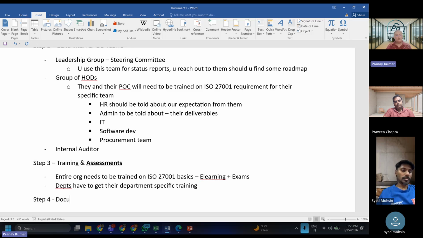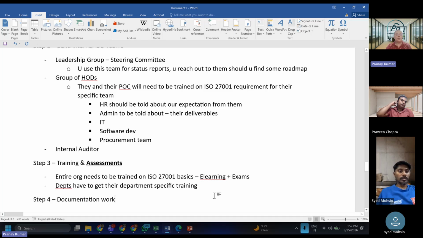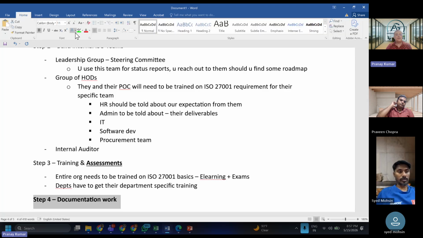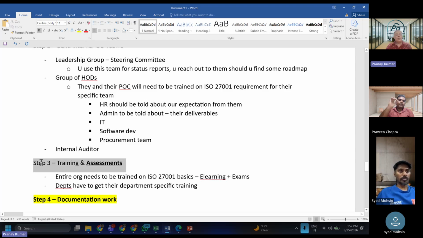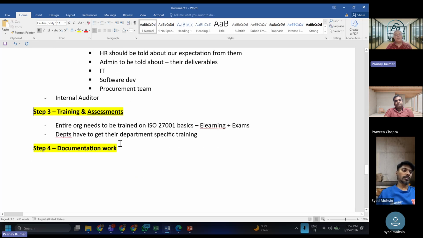ट्रेनिंग खत्म, स्टार्ट द डॉक्यूमेंटेशन वर्क। आइडली कॉन्ट्रैक्ट में हम लिखते हैं कि डॉक्यूमेंटेशन का काम कस्टमर करेगा, हम हेल्प करेंगे, बट फैक्ट यही है कि हम खुद करते हैं, कस्टमर से कम हेल्प लेते हैं, बिकॉज हमारा बहुत डिले हो जाता है। At the end of the day, how does a consultant get paid? We will get paid when the work is done. Are you with me? उनके भरोसे बैठ गए, काम कंप्लीट नहीं हुआ, हमारा पैसा डिले हो गया। तो डॉक्यूमेंटेशन वर्क होगा, उसके बाद उसका इम्प्लीमेंटेशन होगा।